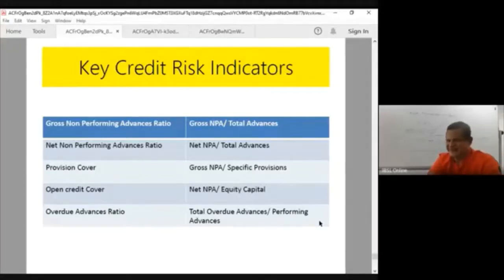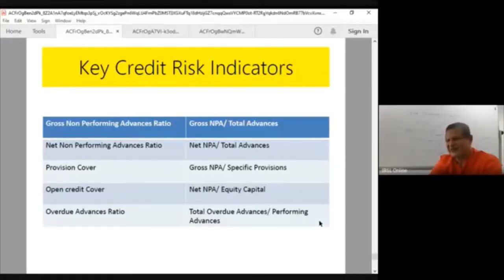But this is not sufficient. This is only the key credit risk indicators. But you can give large exposure, that is, 10 big customers who have taken money and their performance. You can give a report of related party. You can give a report of adherence to all directions. That means within